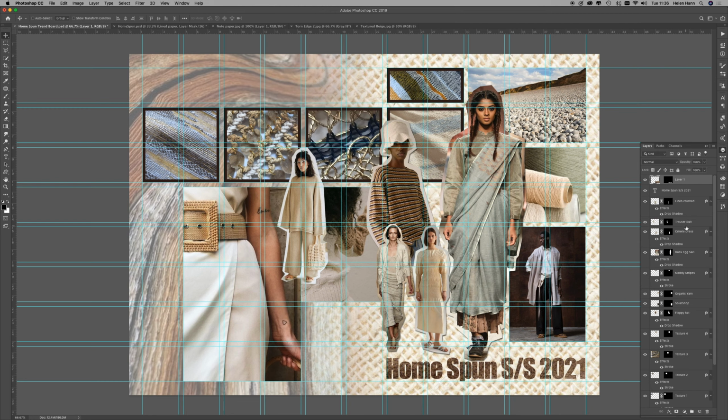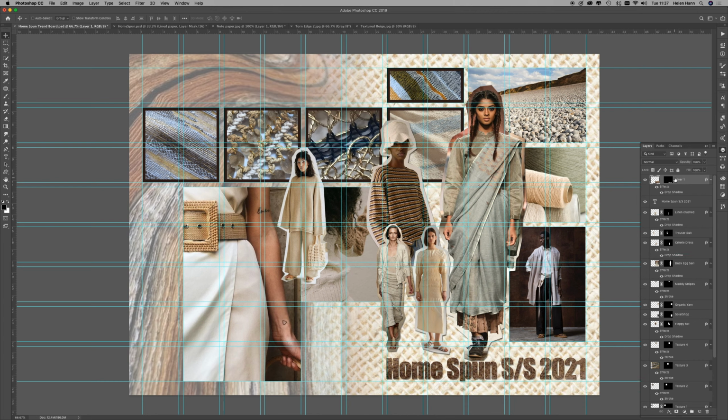I think I might also add a drop shadow onto this. So I'm going to copy this drop shadow, hold the Alt key, and drop the drop shadow there. I'm going to change the layer name. I'm going to call it Homespun Texture, and I'm going to hide the original text because it's not bringing anything to the party at this